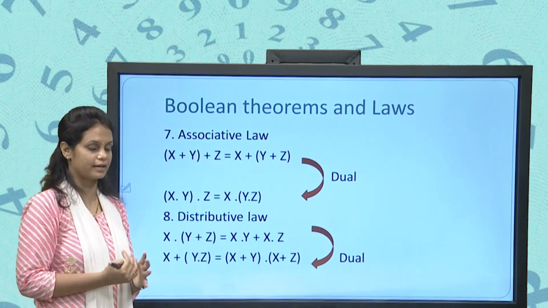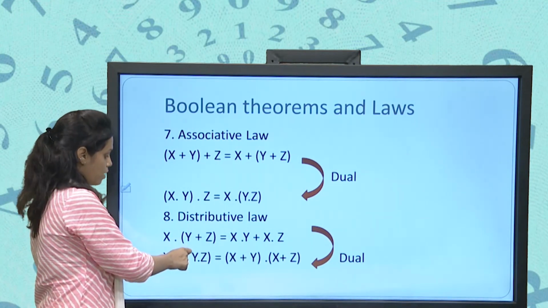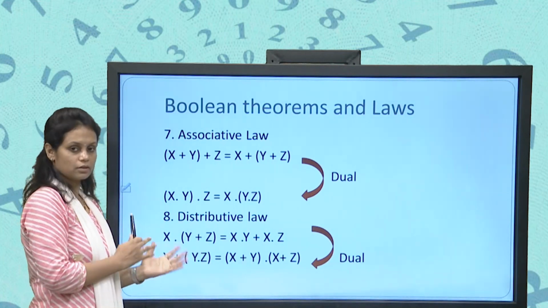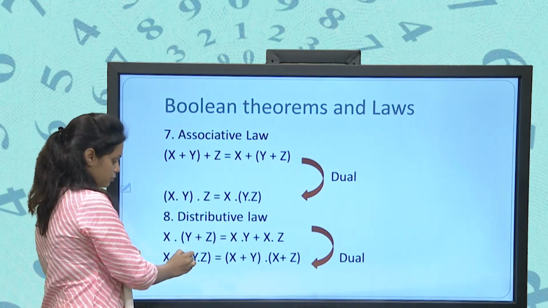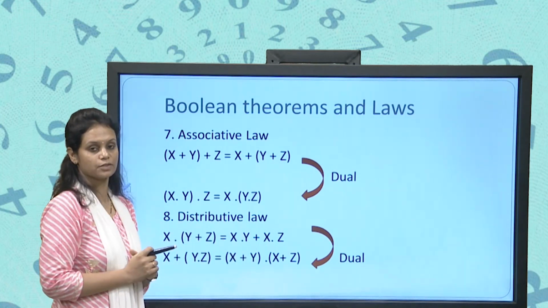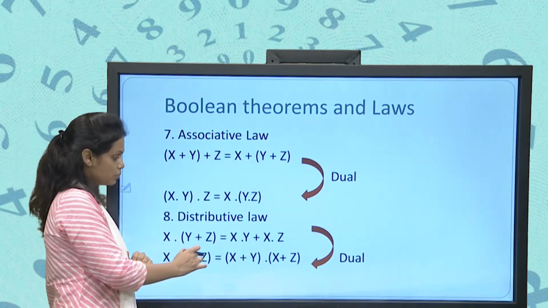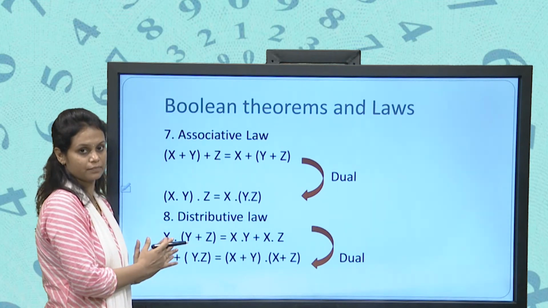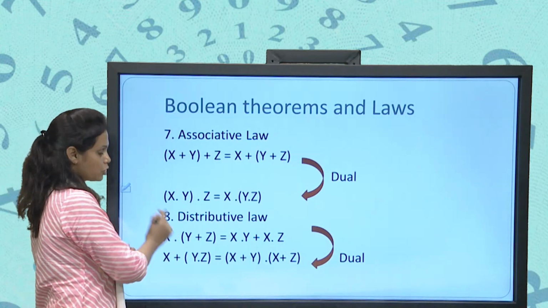Okay, we will see the next case also. What is in the next case? We have x plus (y dot z). Now this is also the distributive law. What will we do first? First we will do (x plus y) dot (x plus z). Fine. In this case, plus is distributive over dot, because plus is outside the bracket on the left side. So we can say plus is distributive. In the earlier case, dot is distributive.